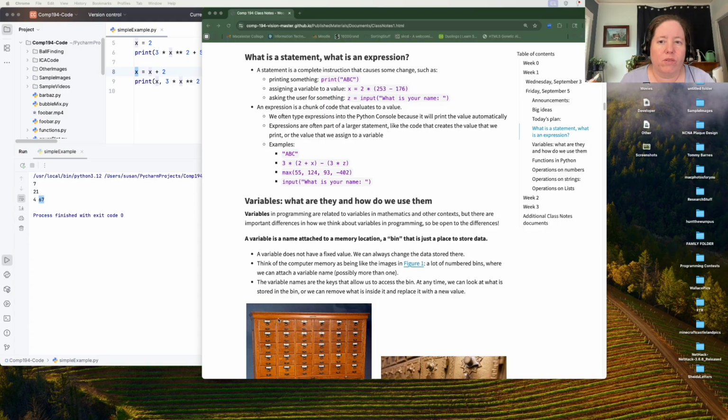That's another kind of statement because we usually combine that with making an assignment. We store what the user types into a variable. An expression is a piece of code that evaluates to a value. Now, there are lots of expressions, and you can put expressions together with other expressions to build bigger expressions, but what's key about them is that they evaluate to a value as opposed to being an instruction that causes a